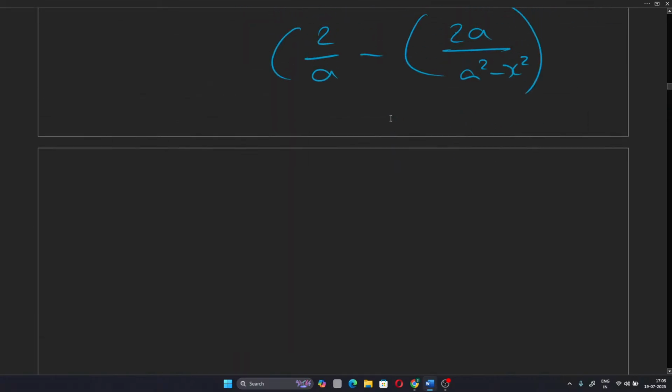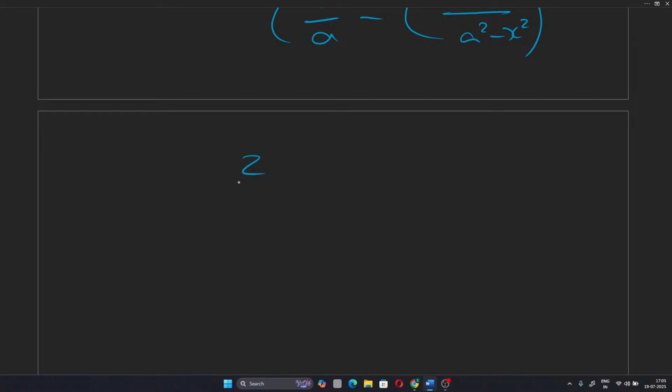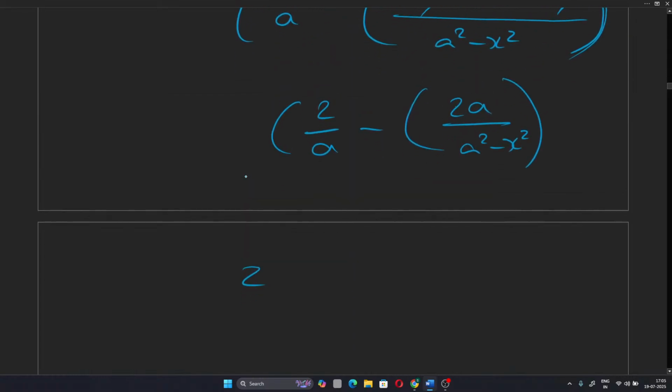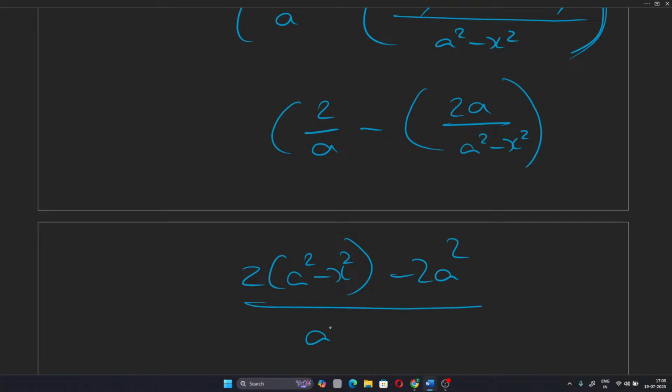Now again we multiply here. Again we take LCM here. It will be 2A square minus X square minus 2A square by A cube minus AX square